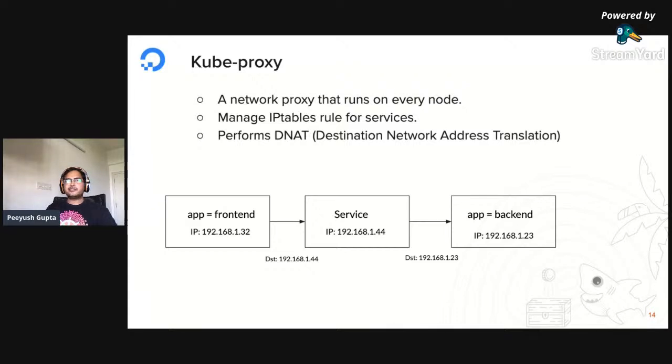It doesn't know the pod IP, it only knows the service IP. So it just says, okay, I want to go to 1.44 IP. When it reaches that service, your IP table rules are configured in a way that the destination actually gets changed, right? So when you hit that service, the packet destination gets changed to 1.23, and that's how you reach the backend application, and then vice versa.